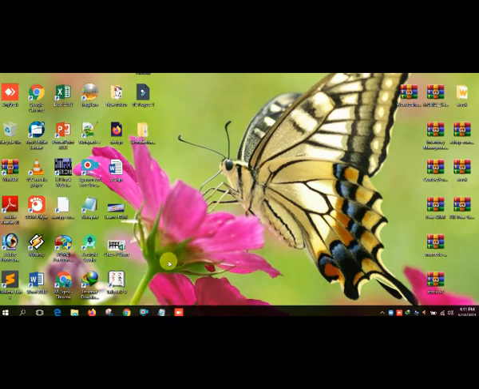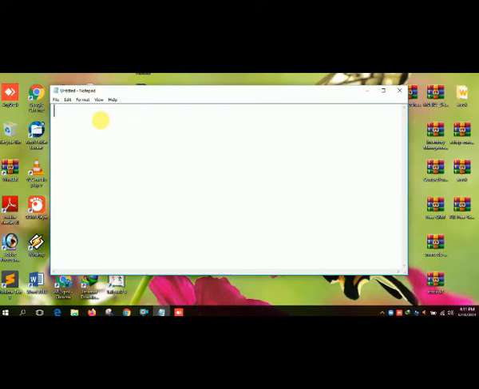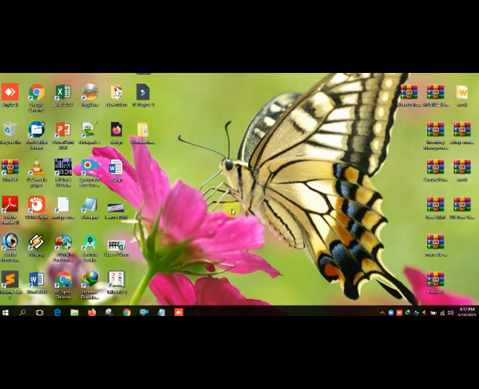In task view, when your mouse cursor moves over the notepad, it shows only the notepad. Suppose you type any text and then minimize the notepad or any application.